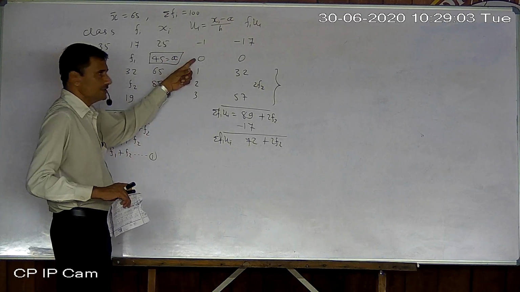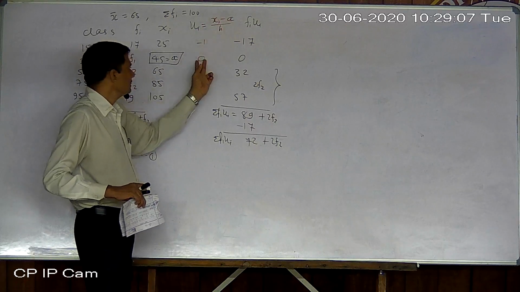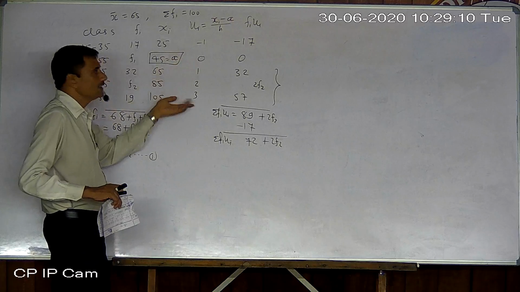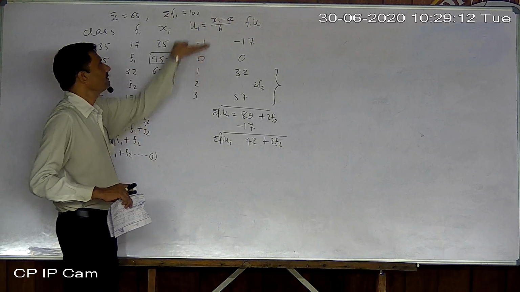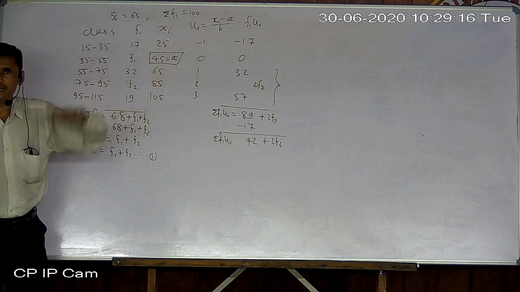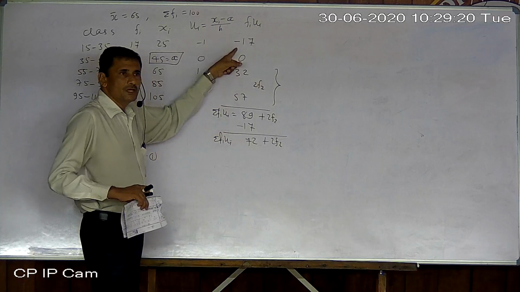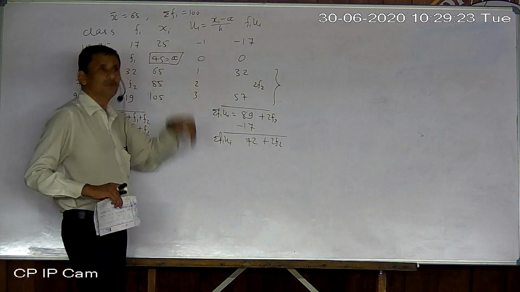Against A, 0 will be there. Why? Because the difference of itself is 0. Now write down 0, 1, 2, 3, but in reverse order write down minus 1, minus 2 like this. So integers, just like a number line. Now find out Fi, but this is the first time you came across a negative number.